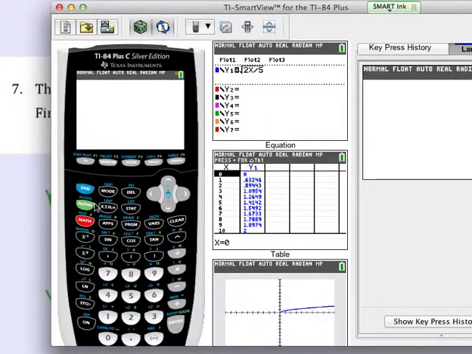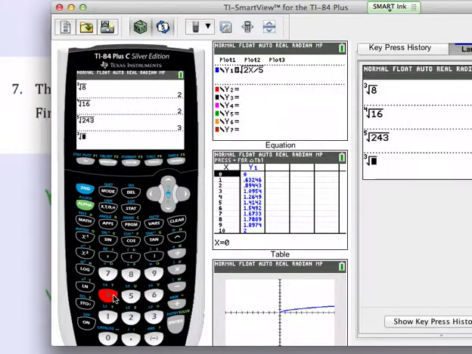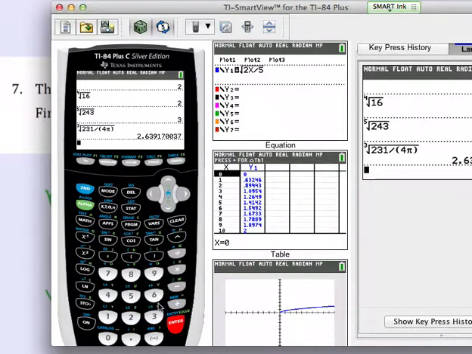So I go to math. The cubed root is number 4. The cubed root of 231 being divided by, now here's where you need to be careful. It's 4 times pi, so you have to put that in parentheses because it's more than one thing. So 4 pi, end the parentheses, and hit enter. And you get that the radius is